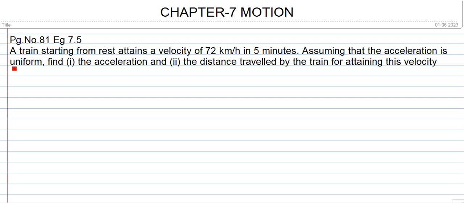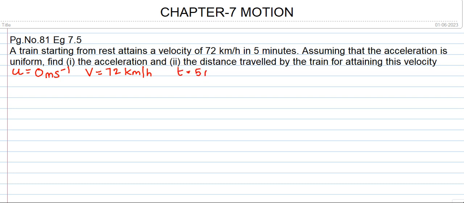First one is the initial velocity. Initial velocity u is 0. So how do we get this? It says the train is starting from rest. When it's starting from rest, we have the initial velocity to be 0 meters per second. So the next one is the final velocity v, which is 72 kilometer per hour, and the time is given